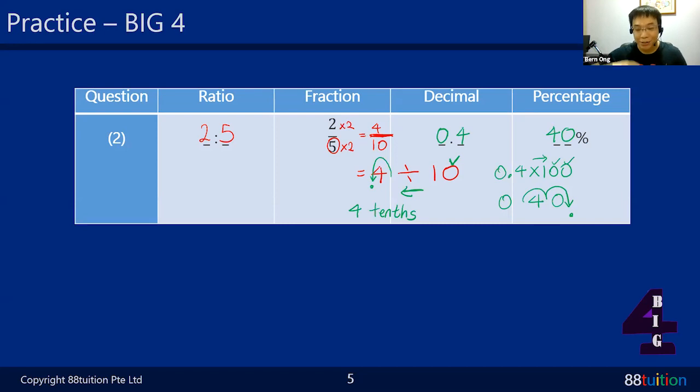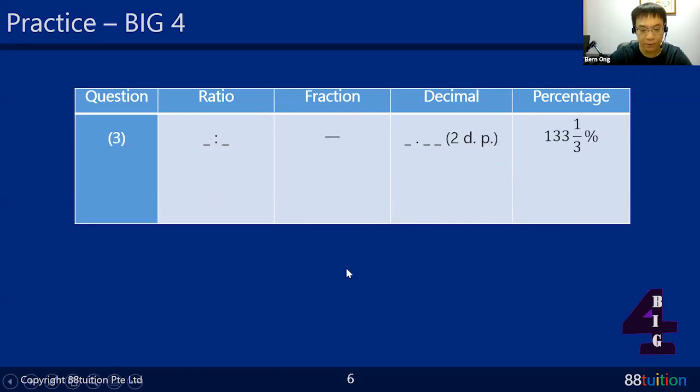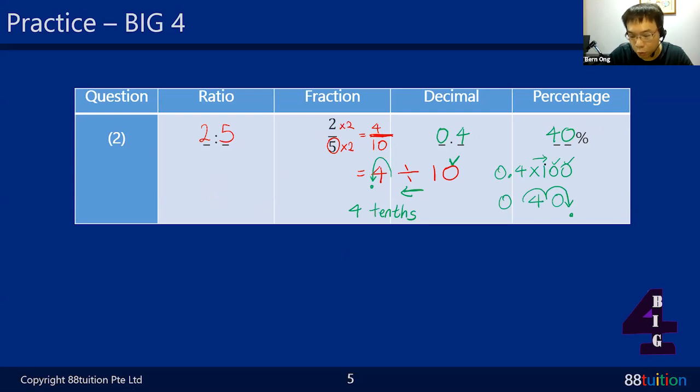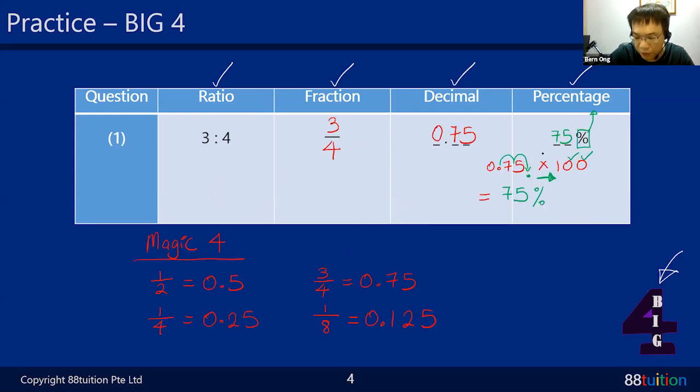All right. So let's go to question number 3 now. This is still under Big 4. All right, let's practice this. Now they give you a percentage. Don't worry. Just now they give you a percentage, they want you to times 100. Look at here. They want you to times 100. Every time you see a percentage, times 100. The previous, times 100. Can you see or not?